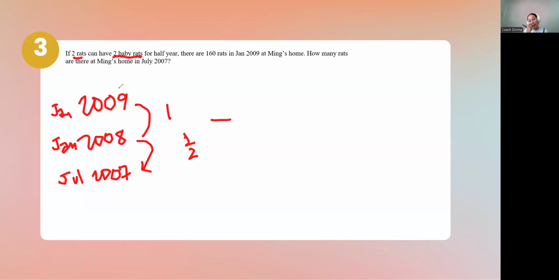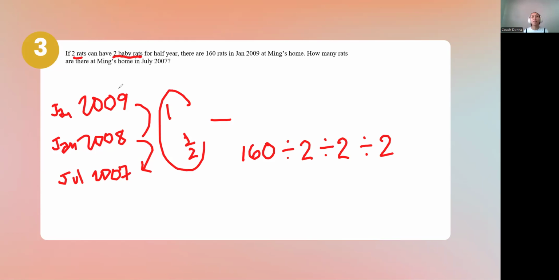Okay, that's just half a year. So 1.5. Remember, when you have half a year, our 160 result, divide that by 2. That's half a year. Divide it by another 2. That's already 1 year in total. Divide it by another 2. That's 1.5 years. So, in July 2007, 160 divided by 2, or we can just think of 16 divided by